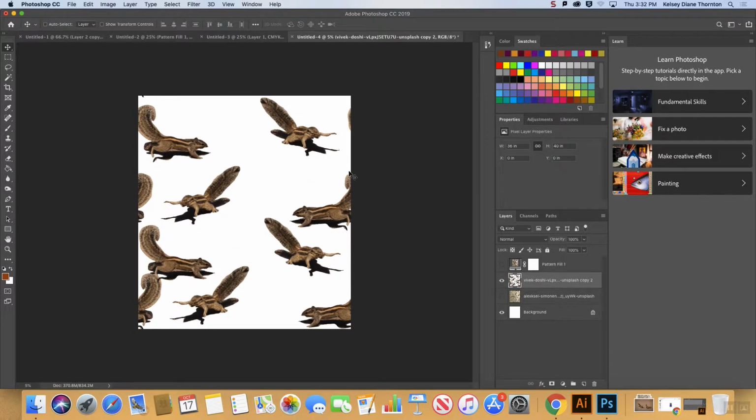And what I can do is I can either paste in the squirrels, maybe I saved my motifs as a separate file or whatever. I could paste those in there. Or I could copy and paste these squirrels, or I can just move them, right? So right now I could definitely copy and paste them and put this other guy up here to fill the hole, or we can just select around them